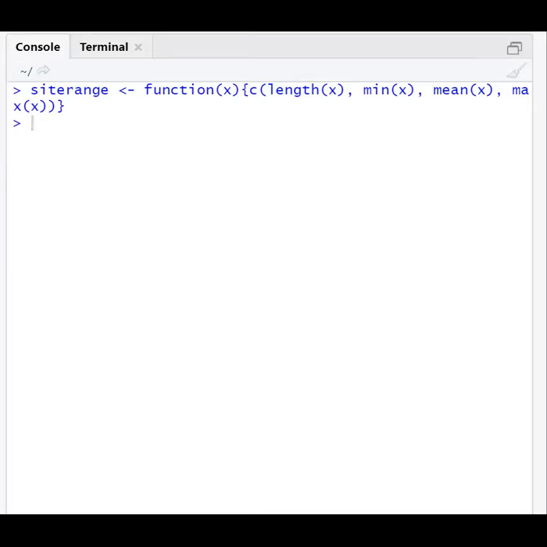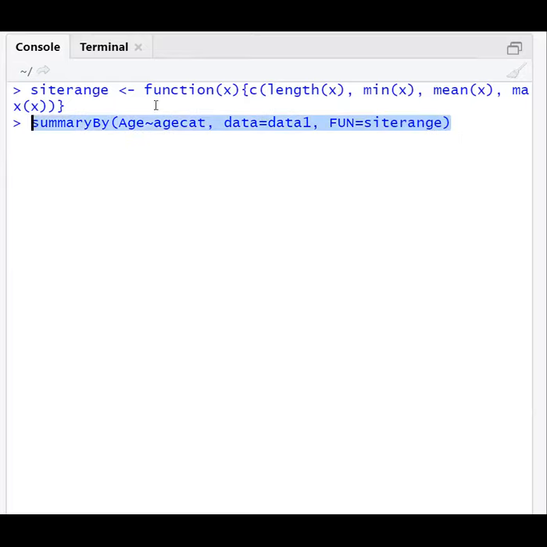Now what we can do is run summaryBy, again a built-in method. For that method we are passing age, then age category, then data equal to data1, and the function is site range.